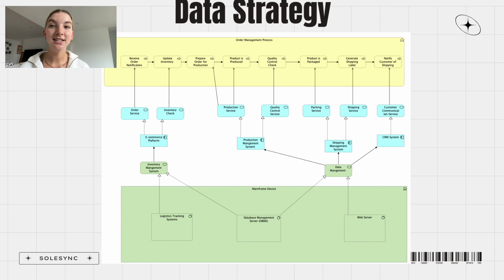The business IT alignment is vital to effectively implement these processes. Using the ArchiMate model, we map out our IT systems to reflect and support our business functions. This alignment ensures that our technology infrastructure underpins every business process, from customization to returns. The ArchiMate framework lets us visualize how each process interacts with our IT components, like the customization tool, payment gateway,